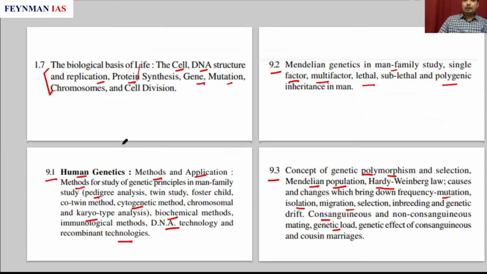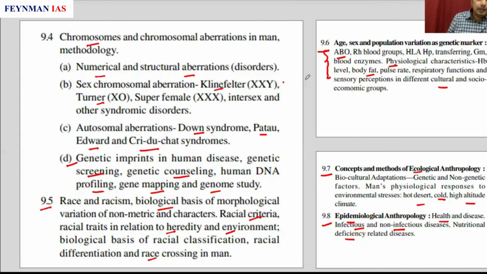Okay, and then don't move to the 9.1, but study about Mendelian genetics. Why? Because principles are first important. Once you understand how inheritance happens in us, then using the methods in understanding that makes sense. So understand the genetic inheritance principles first. So read 9.2, and then you can actually move to the 9.4 because you already understood in 1.8 and 1.7